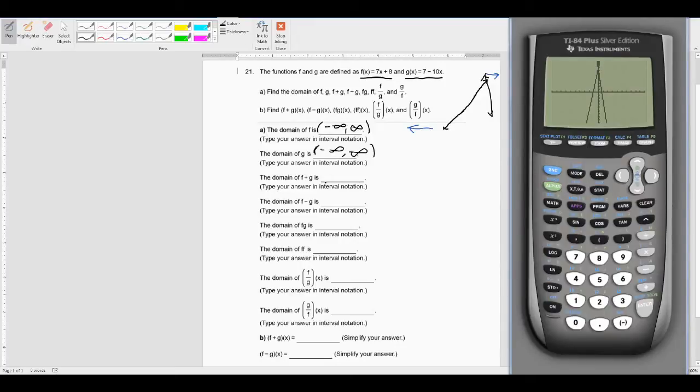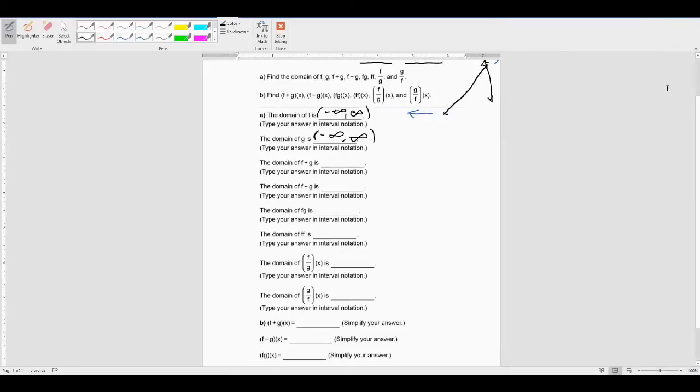Now, it's asking for the domain of f plus g. It doesn't really make much sense, even though it can make sense, to not find what f plus g is first. So let's go down here. We're actually going to go ahead and find f plus g of x. Now to find f plus g of x, I'm going to minimize that. To find f plus g of x,